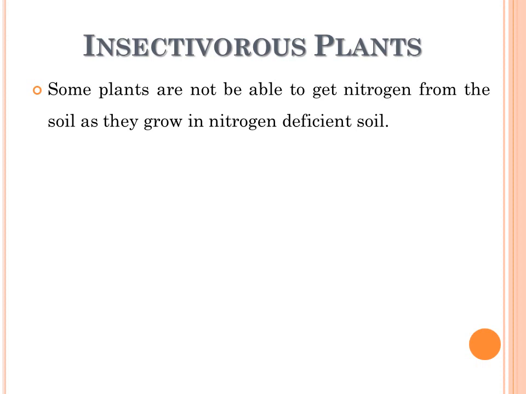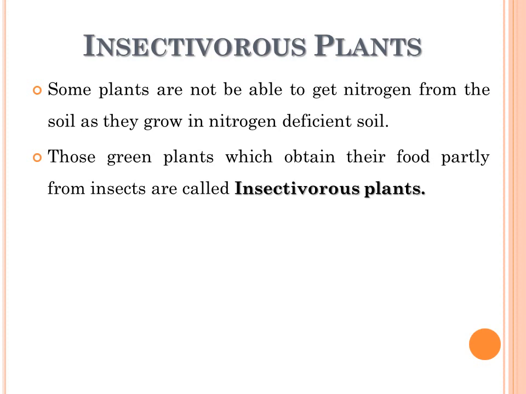As you all remember, in the photosynthesis process, carbohydrate is produced, C6H12O6. In that process, nitrogen is not needed. But some plants need nitrogen to make protein. But if the amount of nitrogen in the soil is very less, then they do not get the nitrogen from the soil. So from the nitrogen point of view, they are dependent on others.